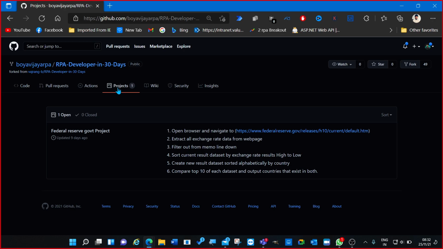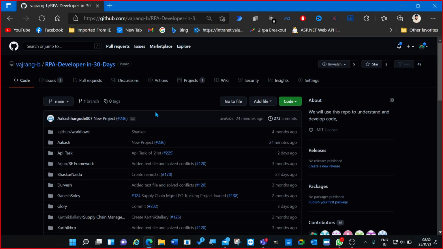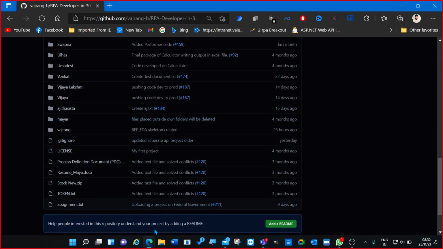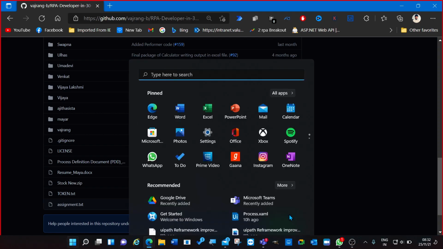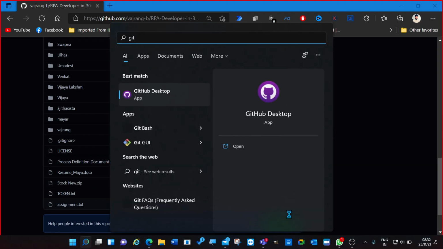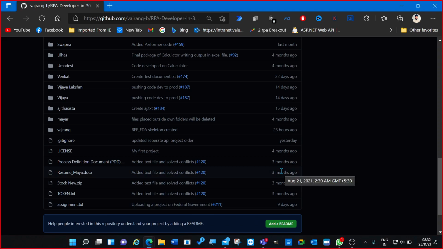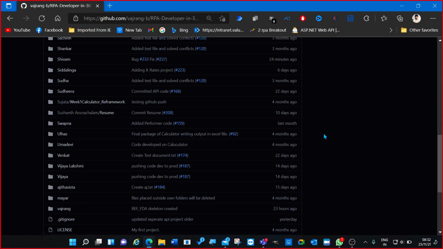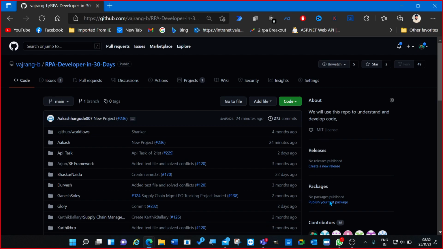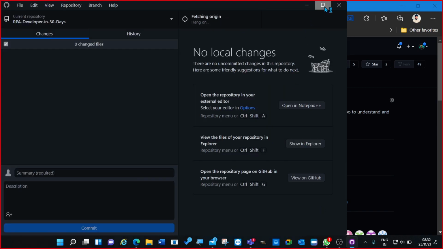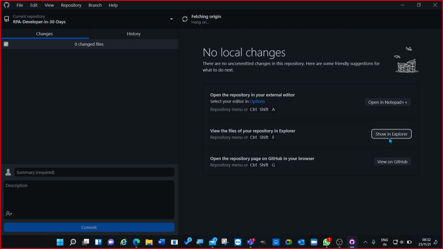The same thing I have done, but I couldn't see the code. Whatever you showed in GitHub, I can see after fixing, but in my local folder it was not updated. Then you will see it here, right? In GitHub Desktop, if you just click on Show in Explorer,